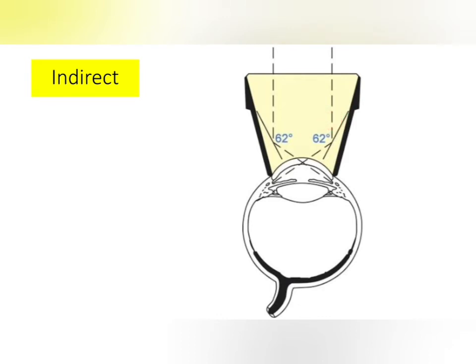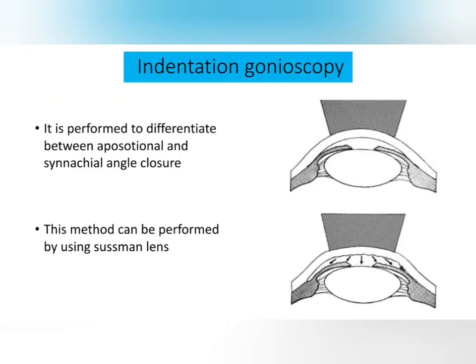So if you are using indirect gonioscopy to visualize the angle, then after putting the Goldmann or mostly Sussman gonio lens, 4-mirror gonio lenses are mostly preferable, because they give us the chance to see all 4 angles at a time. After putting it, you look at the different mirrors: to see the inferior angle, you need to see the superior mirror. To see the superior angle, you need to see the inferior mirror. To see the temporal, you need to see the nasal mirror. So this is how indirect gonio lenses are used. There are different types of indirect gonio lens available, like 1-mirror gonio lens, 2-mirror, 3-mirror, Sussman, Zeiss gonio lens, etc. Okay, so what is the indentation?